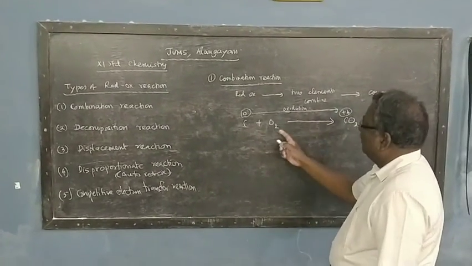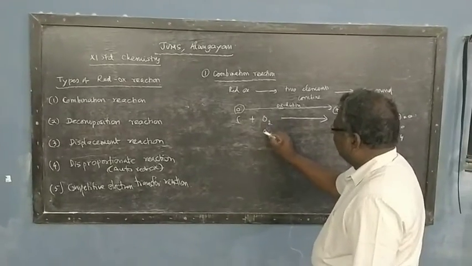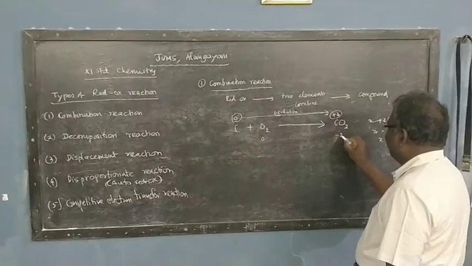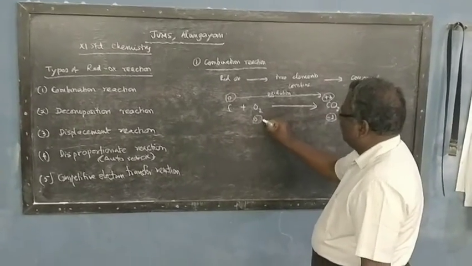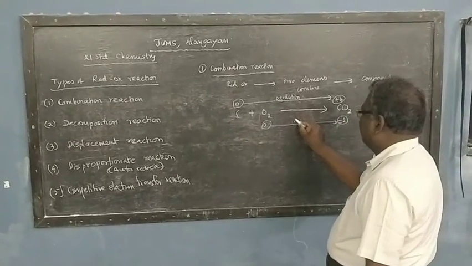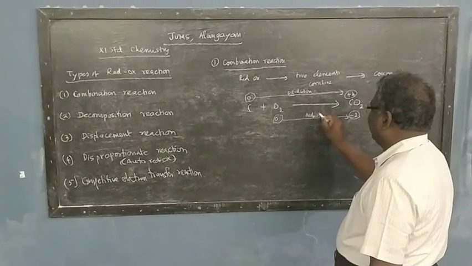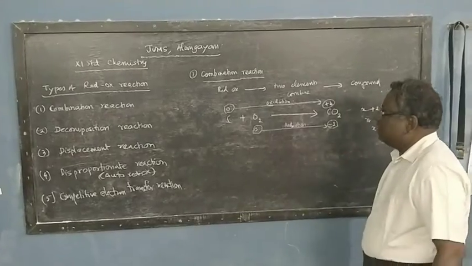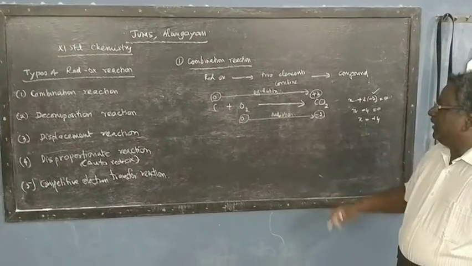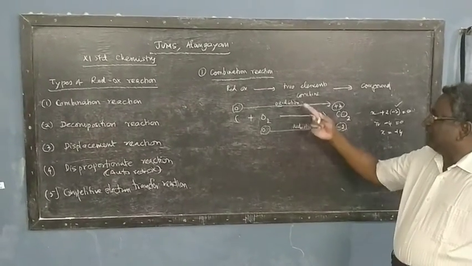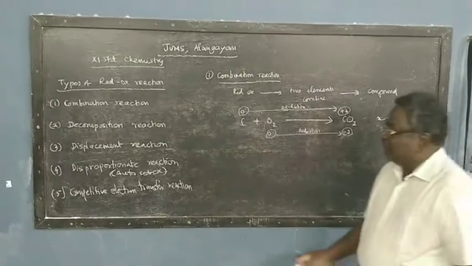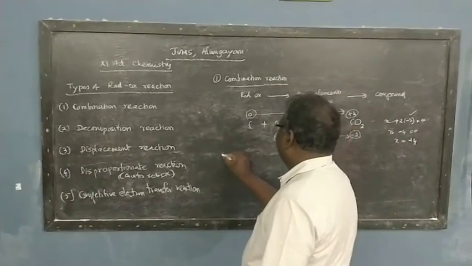Oxygen பார்த்தோம்னா because it is an element, oxidation number is 0. இங்க oxygen உடைய oxidation number என்னன்னு போட்டோம்? -2 போட்டோம். அப்ப 0 வந்து -2 மாறுது. Because it is decreasing, what reaction is taking place? Reduction reaction is taking place. Right? Therefore this is a combination reaction in which reduction as well as oxidation is taking place. Right? The second one is decomposition